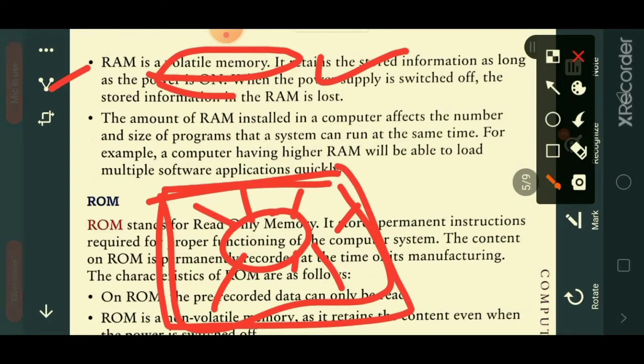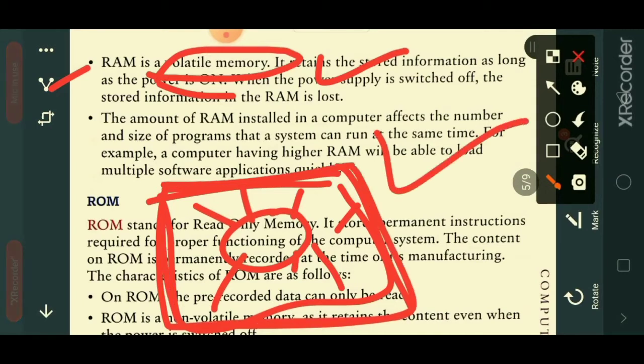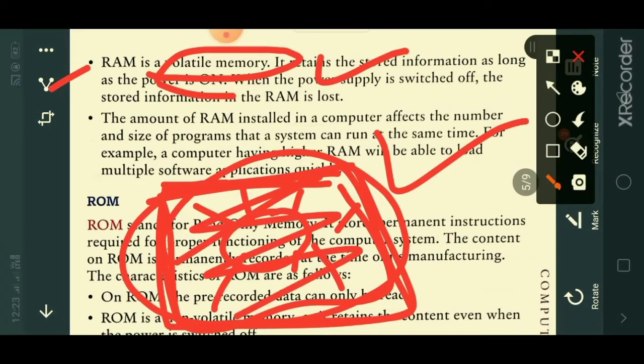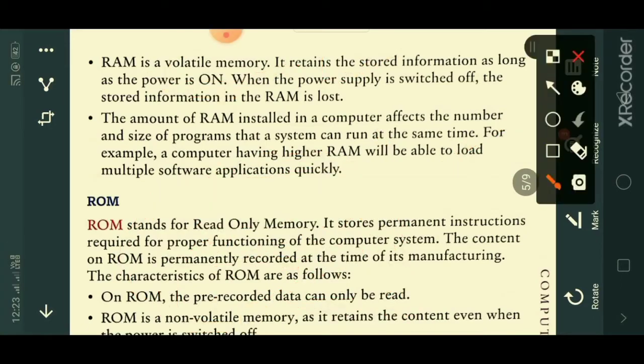Once suddenly the power goes off, it erases your data. So this is known as volatile memory. Once your power goes off, whatever you have worked on erases.